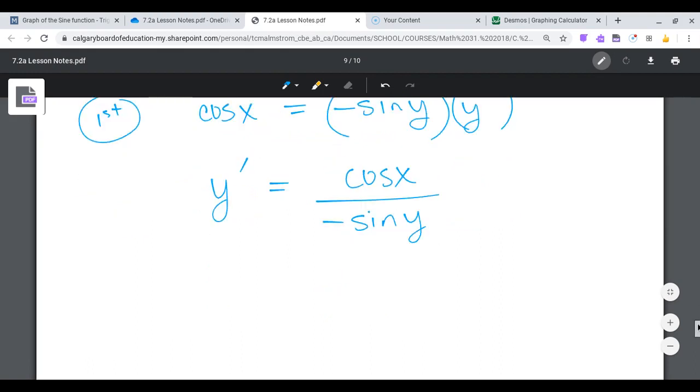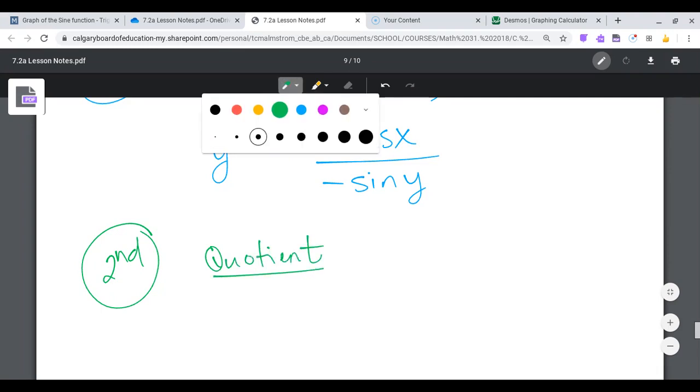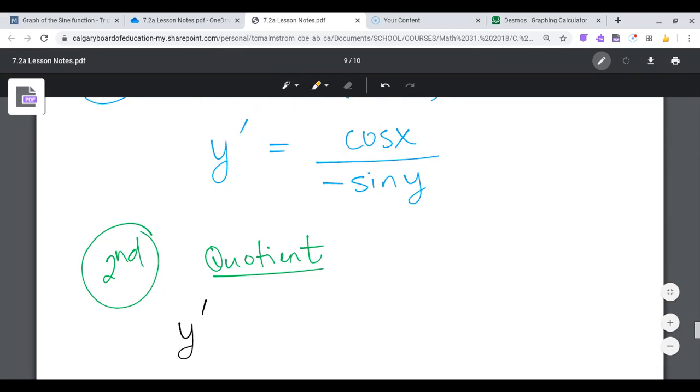And now I'm going to take the derivative of this as my second derivative. To take the derivative of this, it's going to require the quotient rule. Okay, I'm going to do the quotient rule to take this second derivative. So y double prime, that second derivative, is equal to low, so the lower function,